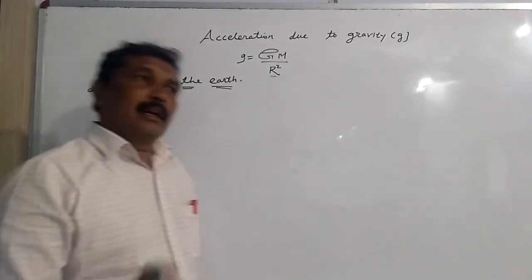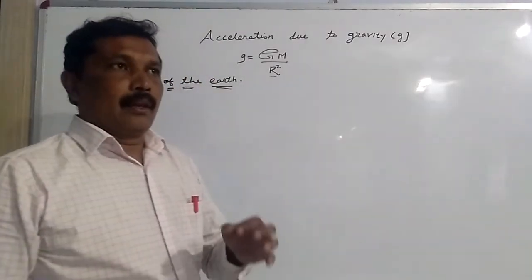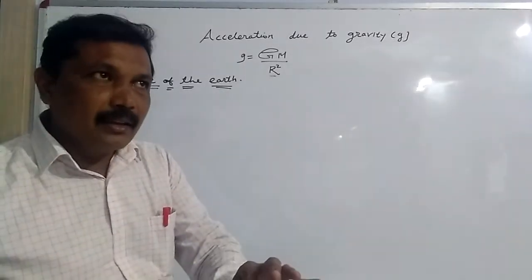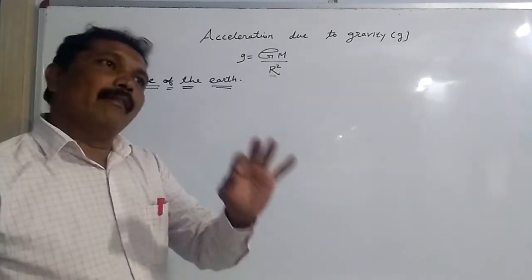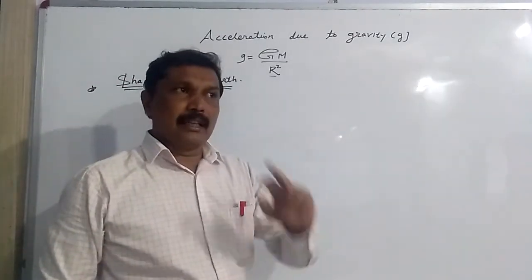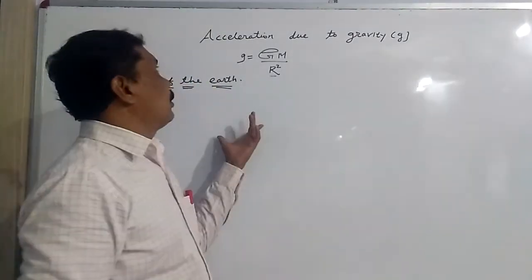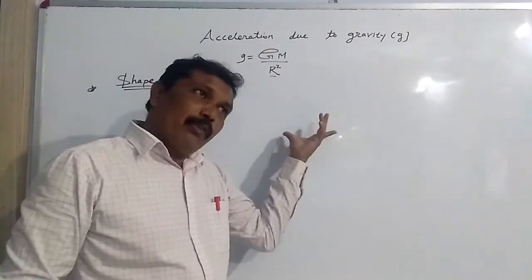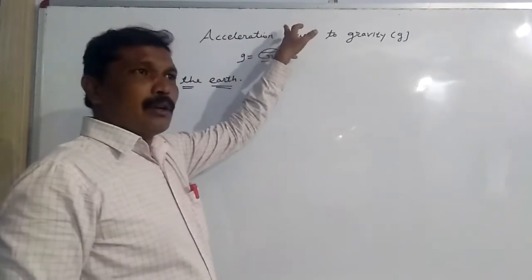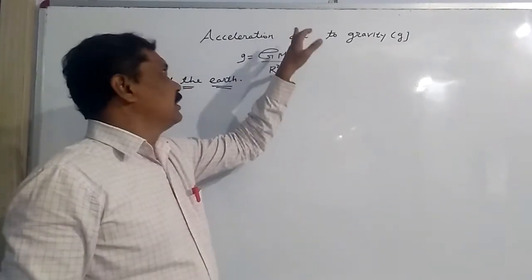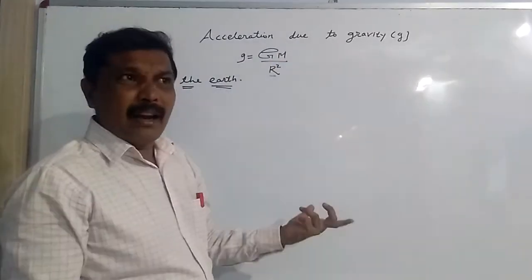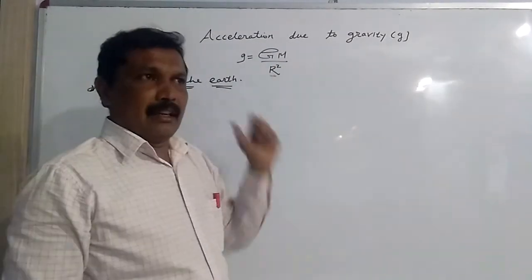My dear friends, again, what we have seen, acceleration due to gravity depends upon the value of r. If the value of r is increased, if the value of r is decreased, then it has an effect upon acceleration due to gravity. Because the formula itself tells us that in this formula, gravitational constant is constant, its value does not change. Mass of the earth is also a fixed value, it does not change. What is varying here? Radius is varying.